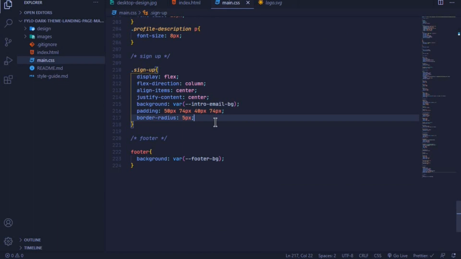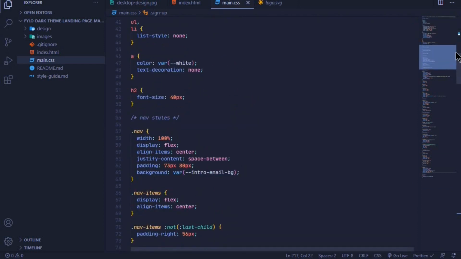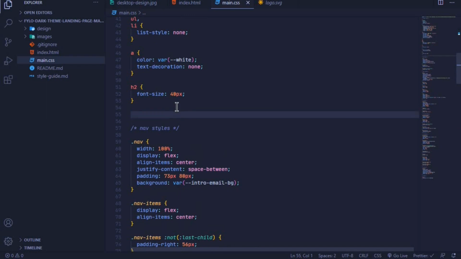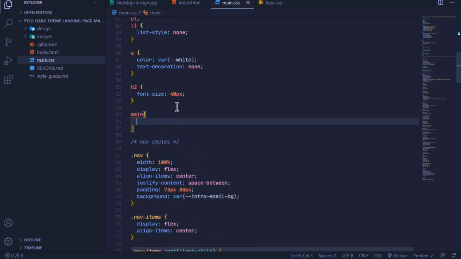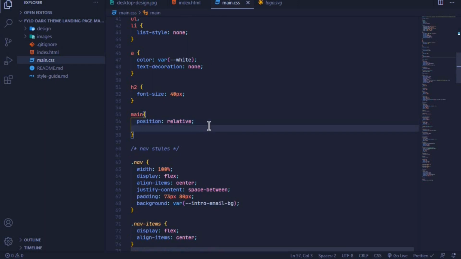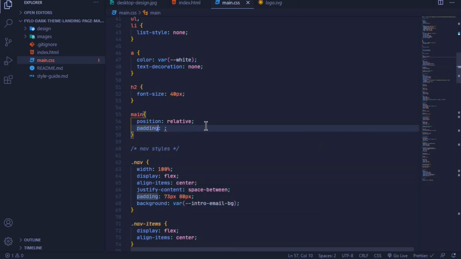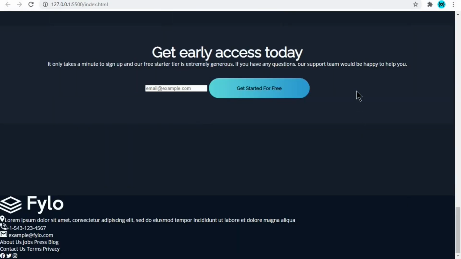So right here, what we will do is to go at the top, and I'll do this at the global styling, and I'll select the main element and give it a position of relative. Okay, I can also give it a padding-bottom of about 200px. Now you can see this is inside the main section, but we want it to be